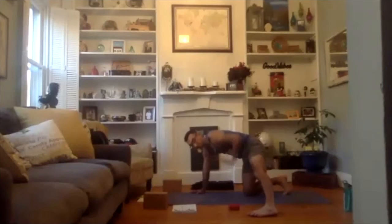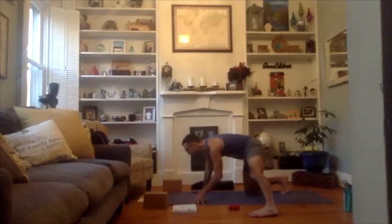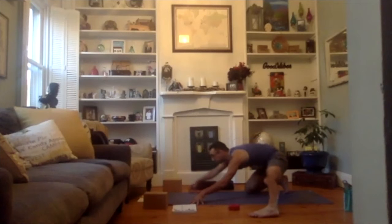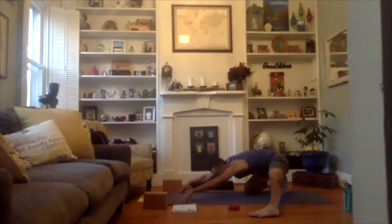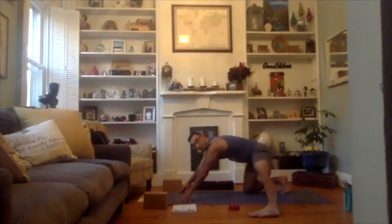Maybe you can keep that foot flat on the earth, okay? And then start to take the hips back towards the heels, almost, and then walking your arms more forward, keeping the arm bones lifting, and then stretching back as far as you could go. Now, you might not be this deep. You might be here, okay? And that's okay. Keep drawing the belly in, keep the arm bones lifting,